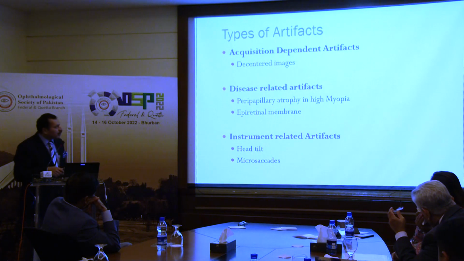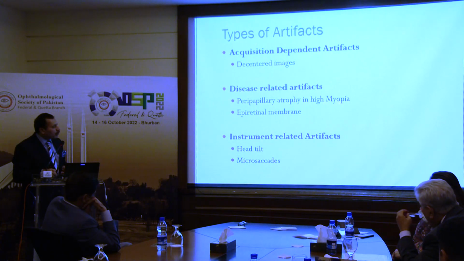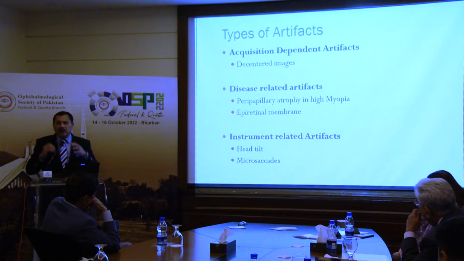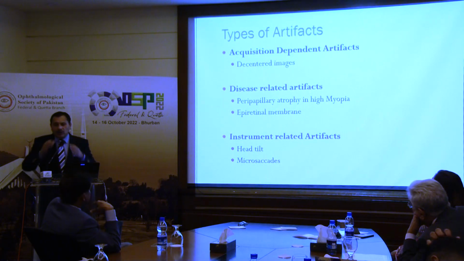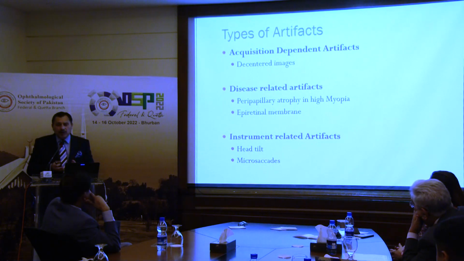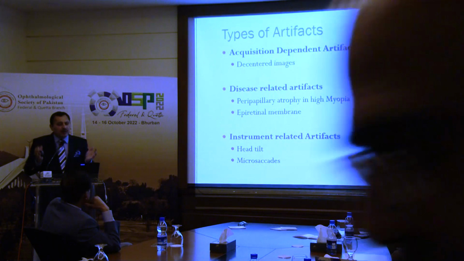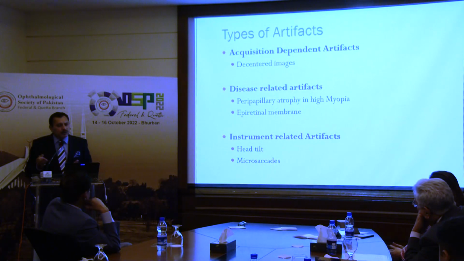टाइप्स ऑफ आर्टिफैक्ट्स क्या क्या हैं? डिसेंटेड इमेजेस, पेरीपेपिलरी एट्रोफी इन हाई मायोपिया। अब देखें ना, हाई मायोपिया में अक्सर पेरीपेपिलरी एट्रोफी होती है, तो जब वो रिंग उसके ऊपर पड़ेगा तो वो तो बीमारी दिखाएगा ना। तो डिस्क उसकी नॉर्मल है और उसका जो पेरीपेपिलरी एरिया वो एबनॉर्मल है। अल्फा जोन, बीटा जोन, हमें पता है इन सब बातों का। तो वो जोन्स जो हैं